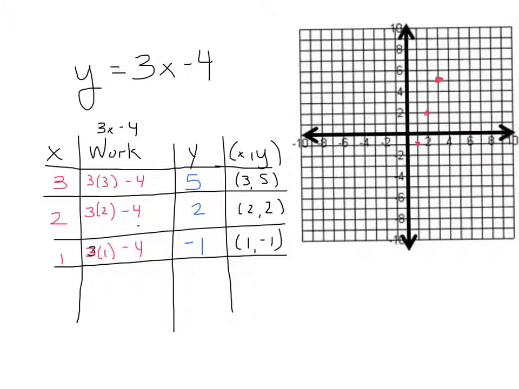So basically, if I look at this graph, if I connect these, I'm looking at a graph represented here. This would be the graph of the function y equals 3x minus 4. It happens to be a straight line, which will begin to tell a story. But with this idea of a function, just as a little bit of a side note here, I can tell any function I have